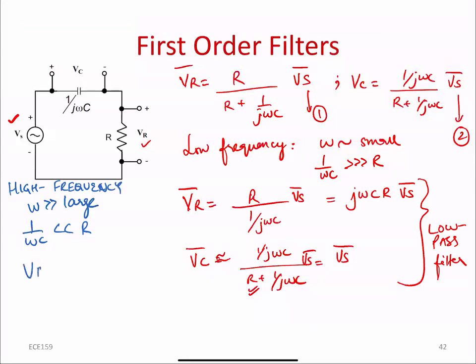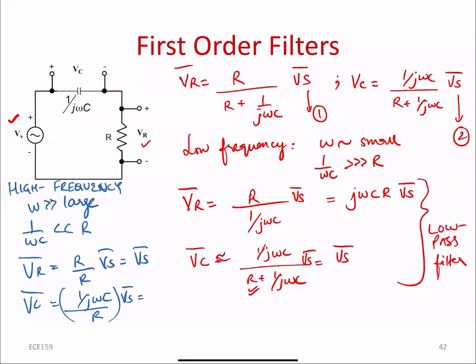In that case, for the voltage across the resistor, we are ignoring 1 over j omega C from equation number 1, and we are writing R over R times Vs, which is equal to Vs. And the voltage across the capacitor is going to be